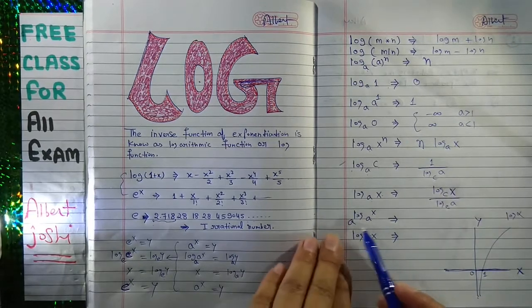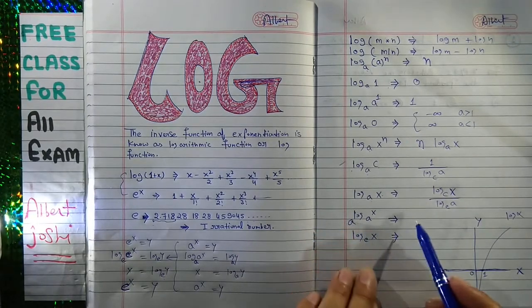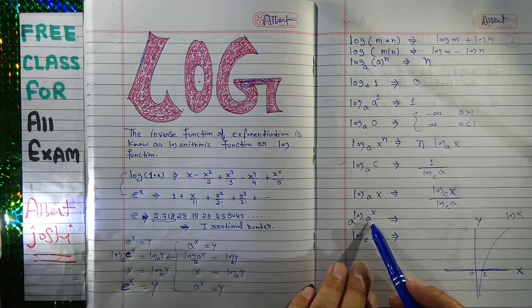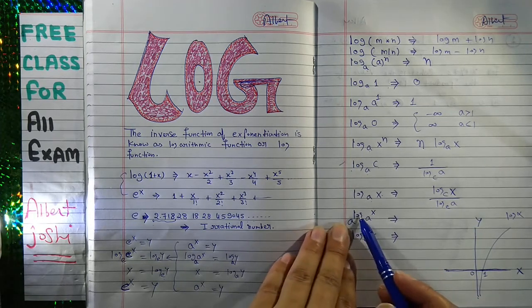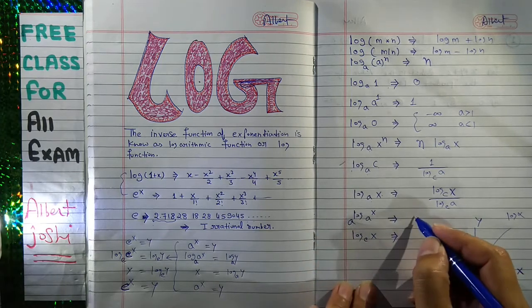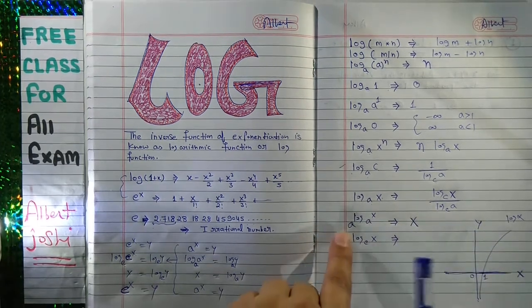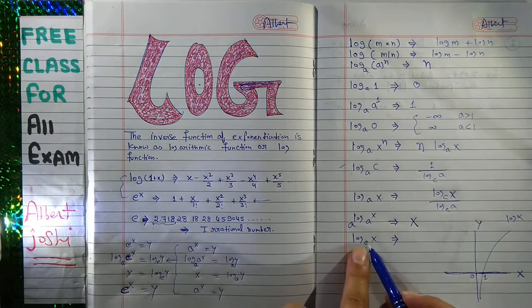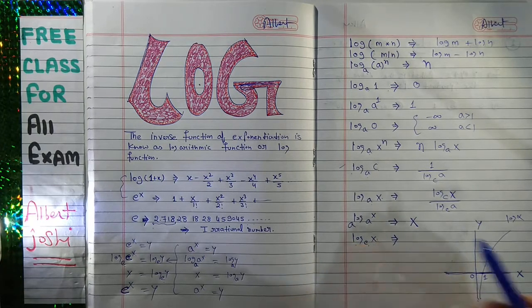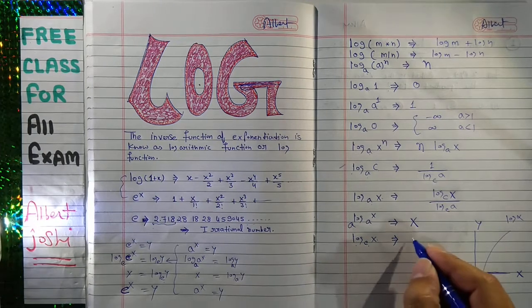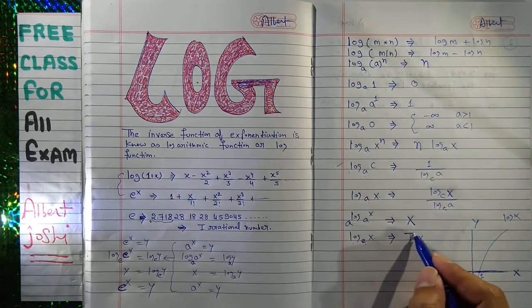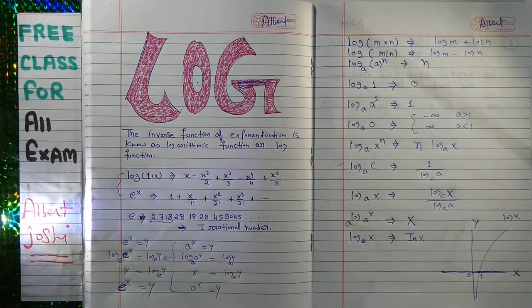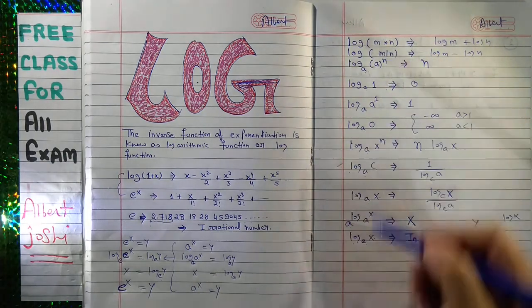Now this is log A base x, so that is the power. Whenever A to the power log A base x, it will be x. You have to understand. So log E base x at last, what is the value of this? You will write that as ln x. Whenever the base is E, then you will write ln. So we have discussed all the formulas.